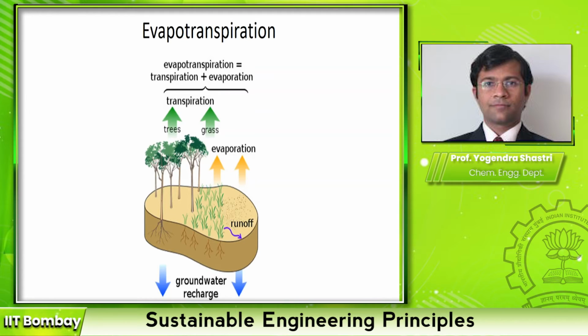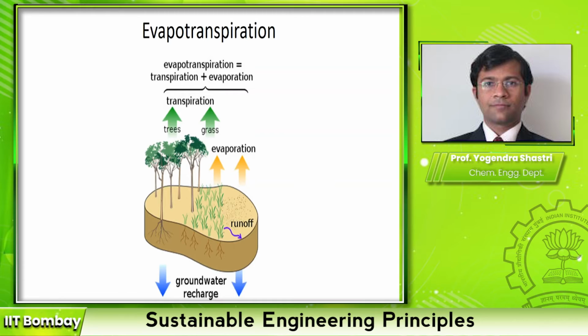Similarly, there is some water that is evaporated from the soil as well as some of the capillaries. So when a plant grows, it uses water in the form of transpiration as well as evaporation. So evapotranspiration is a combination of these two terms. Any plant, tree or grass that is growing will have certain evapotranspiration rates. So based on this idea, let us now try to understand what happens to the water that we identified as